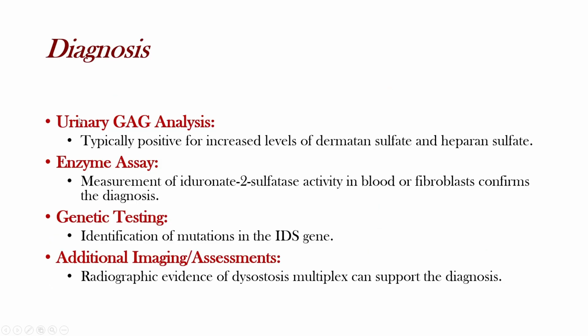So for the diagnosis, we'll do a urinary GAG analysis. We will have a positive result. Usually it should be negative, absent, but a positive result means that it's increased, and this is a sign. So we will keep in our mind it is Hurler or Hunter syndrome. Then we'll do an enzyme assay that will indicate that we have a deficiency of iduronate 2 sulfatase, so we confirm that it's Hunter. Then we will do genetic testing to identify the mutation in the IDS gene, and additional